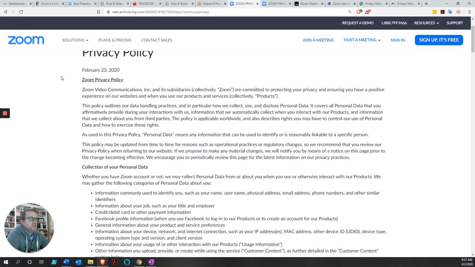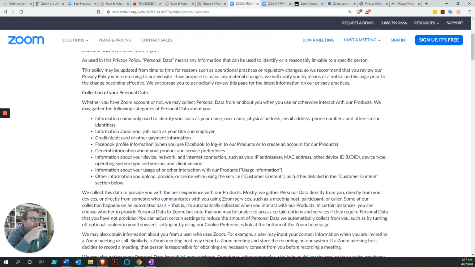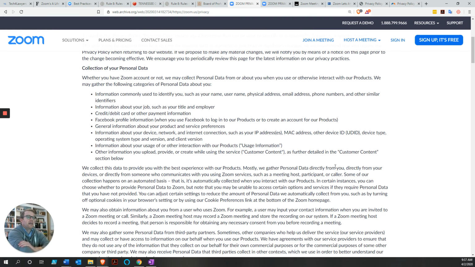So we're going to dive into the privacy policy of Zoom, but the first thing that we're going to look at is the collection of your personal data. We want to figure out what it is they're saying that your personal data is. With Zoom, your personal data is going to be some things that identify you, such as your name, your username, your physical address, your email address, phone numbers, other similar identifiers.